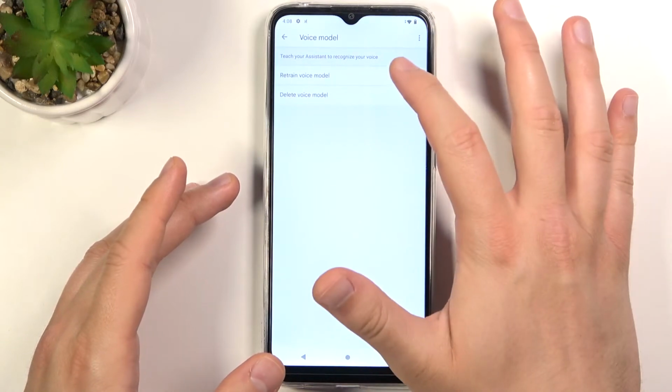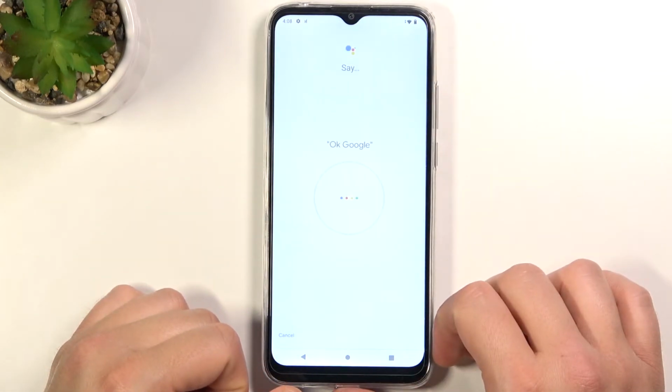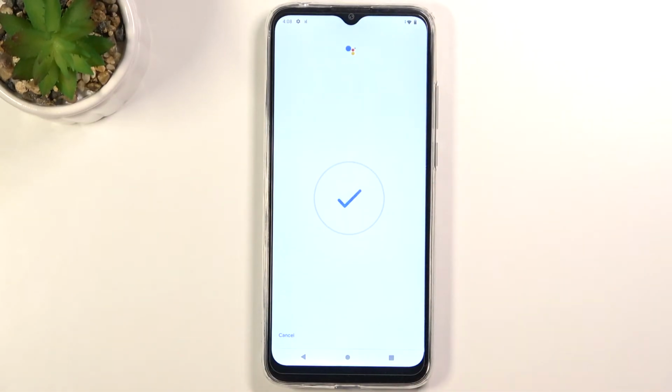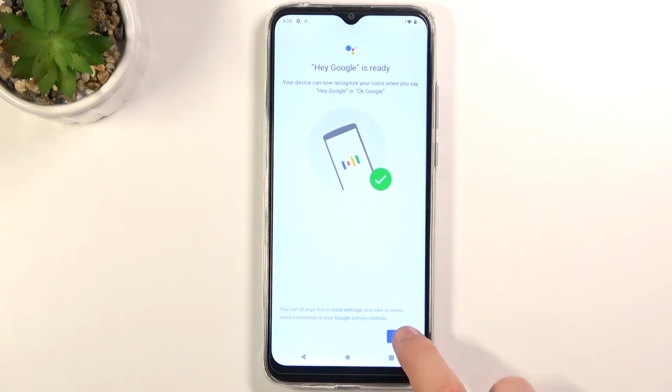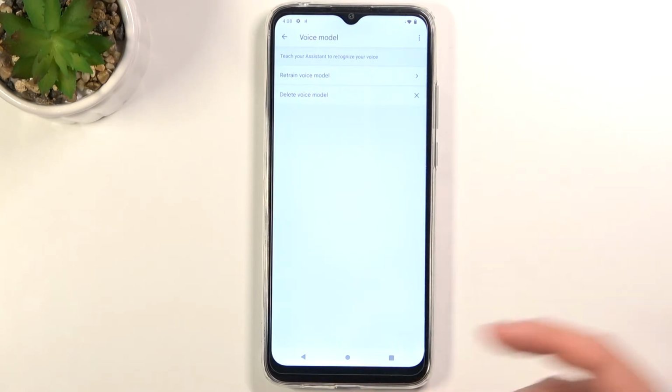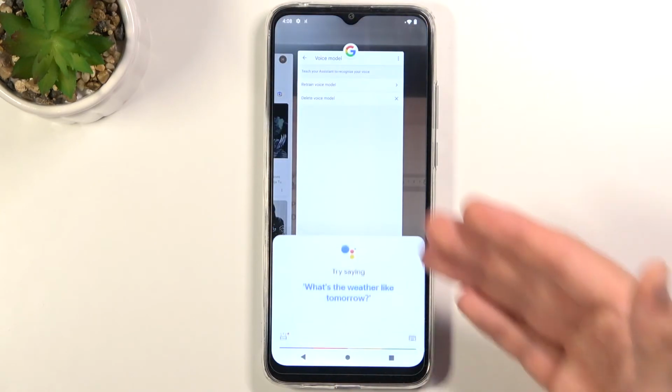But you will have a circle like that and you have to say OK Google two times. OK Google, Hey Google, and the last one, Hey Google. As you can see, right now the setup is finished when you tap on the right upper corner, and right now when you say Hey Google or OK Google, our assistant will be